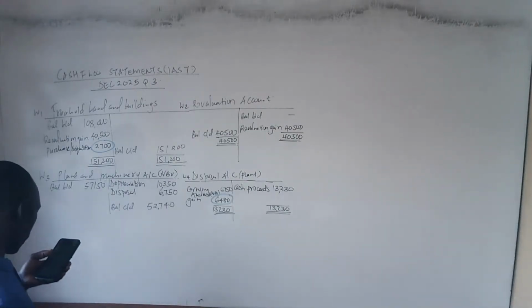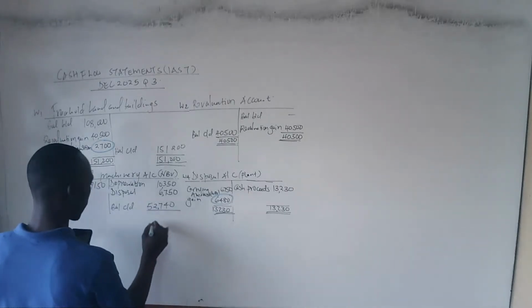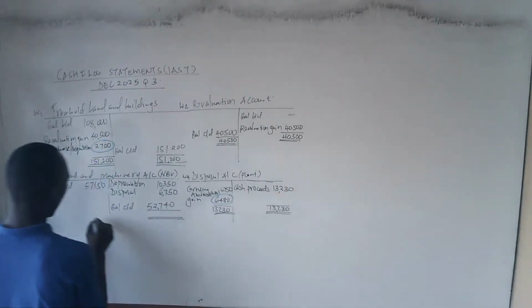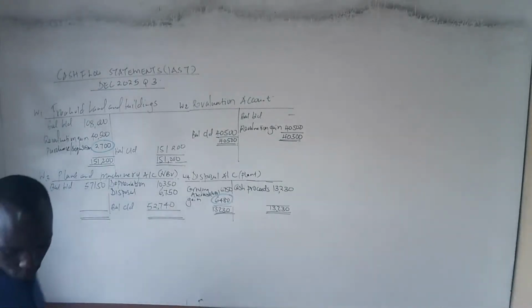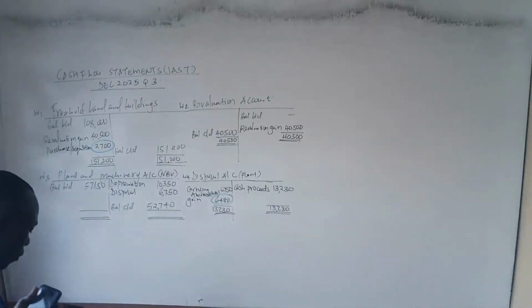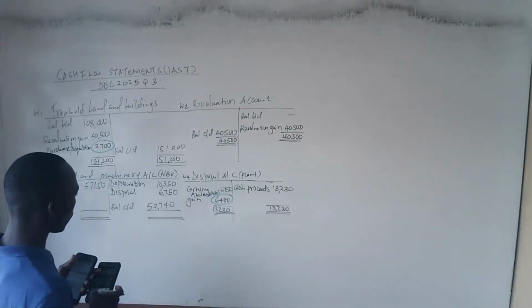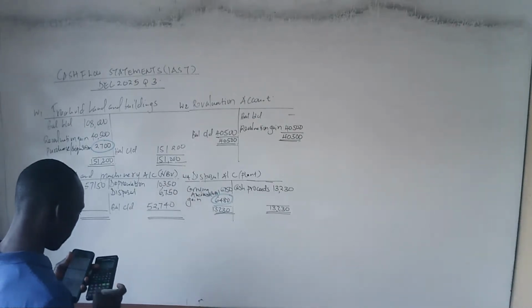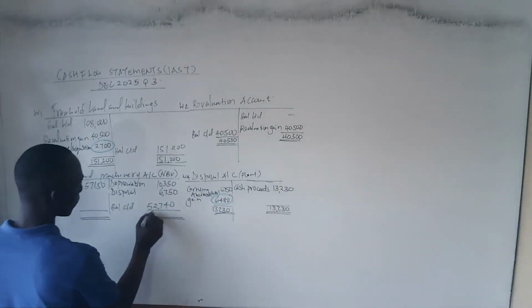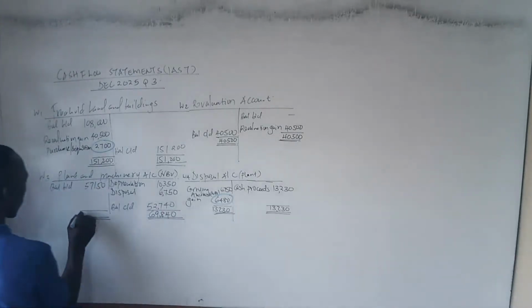And if we have no more information, then we can balance our account. So we balance our account, we see whether we acquired more plant and machinery. So we are going to have, this is 10,350, then we add 67.50, then we accumulate 52,740, and therefore the total will be 69,840. And here we are going to have